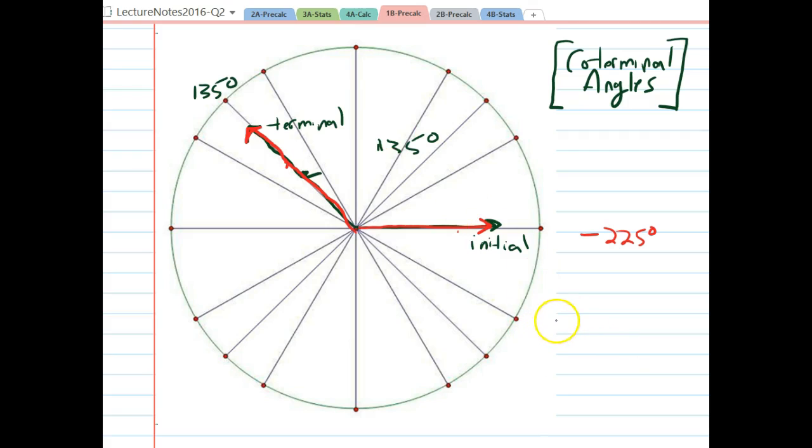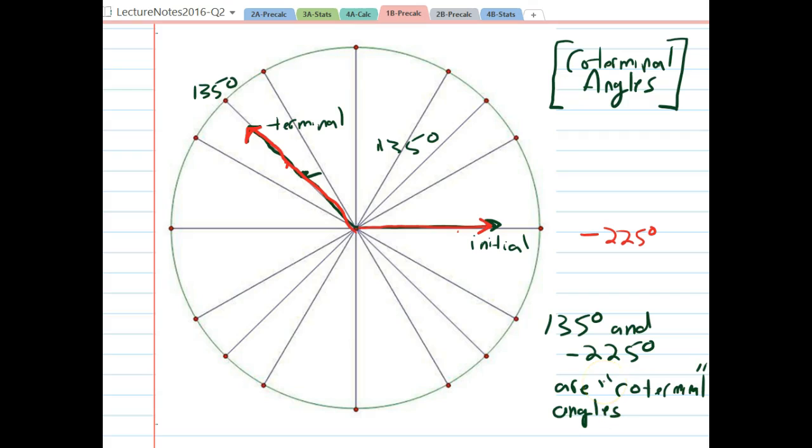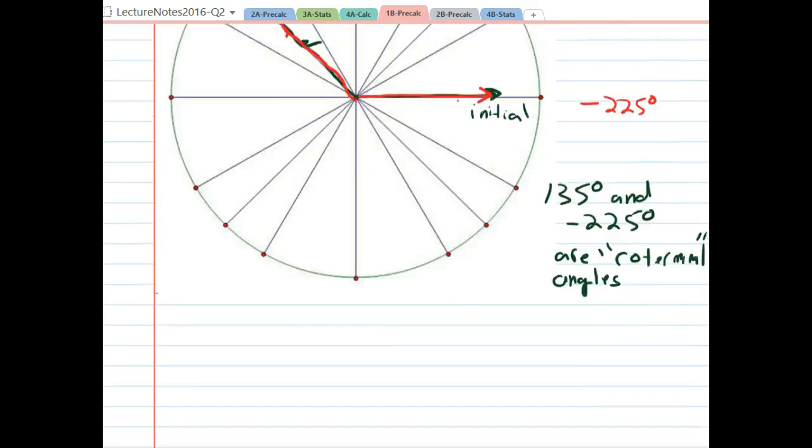So we can say that a positive 135 degrees and negative 225 degrees are coterminal angles. And that probably doesn't surprise you, because coterminal means they share or have in common the same terminal side of their angle. So that's the first definition that we need to understand, coterminal angles. And you'll notice one of the things that makes those two